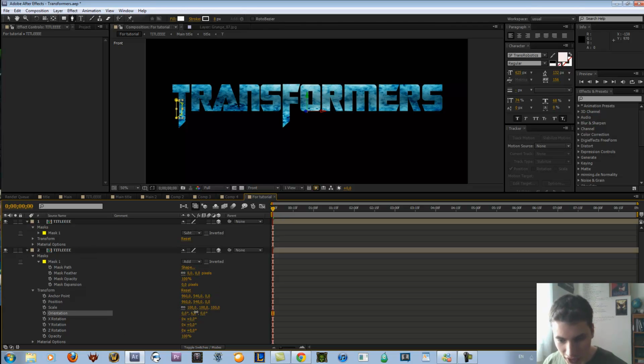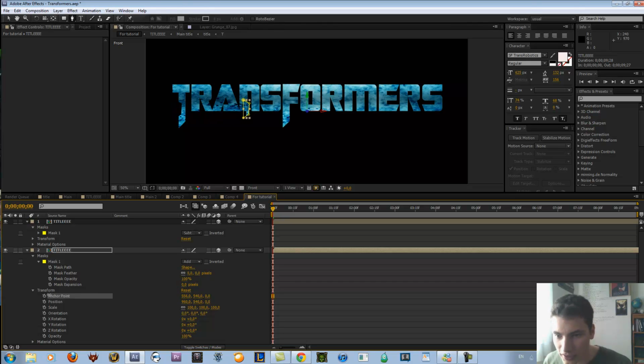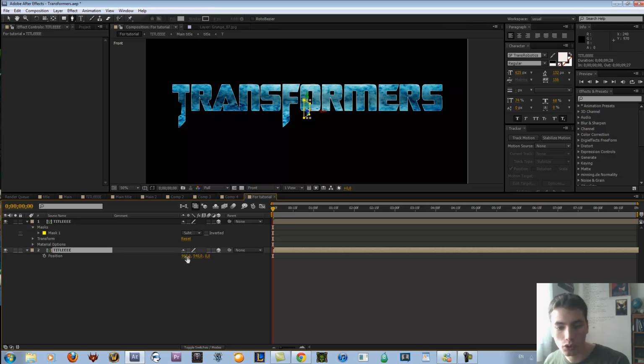Now if I change the rotation of this little part here, you see, it doesn't rotate around itself, but it rotates around the circle of the composition, which is completely wrong. So I put this back to 0, then I go to the anchor point and move it to the middle of this small part. So we move it to the left. You can see it, we're moving the anchor point, but it seems like we're moving the little piece. Okay, that's about alright. And then I move the whole composition to the left so that it clicks